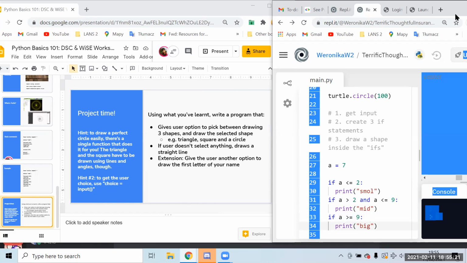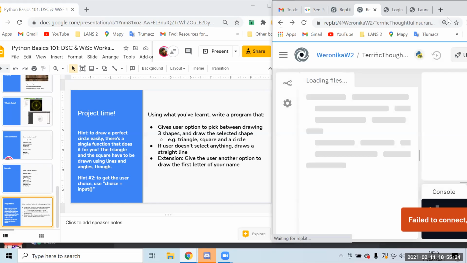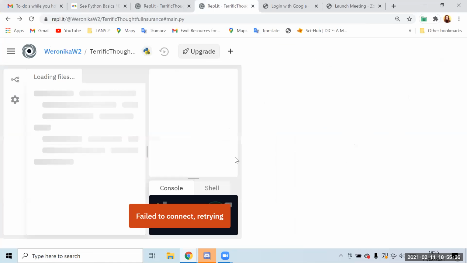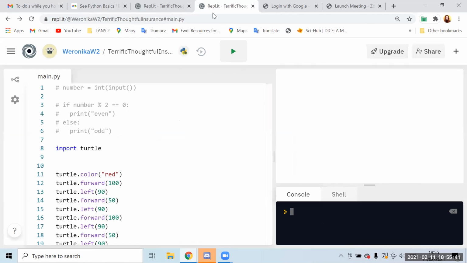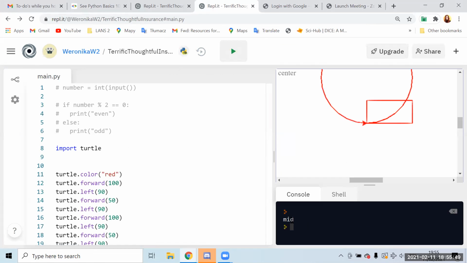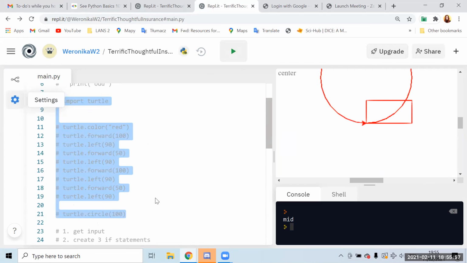Okay, let's try to run it. It will print out mid. So 7 is in the middle, and that's correct. We can put that in a comment for a second.